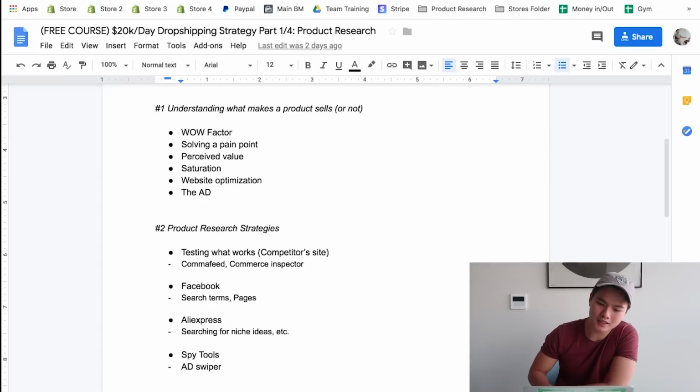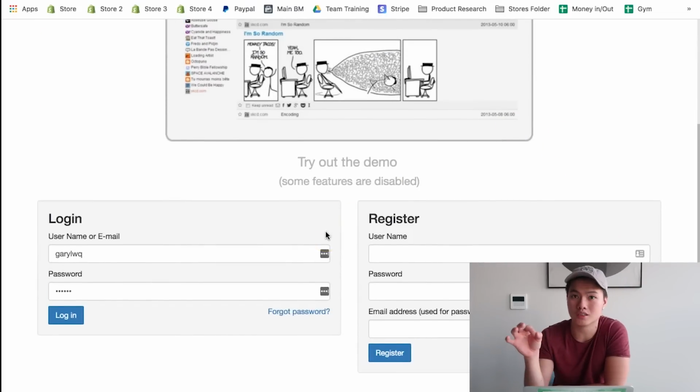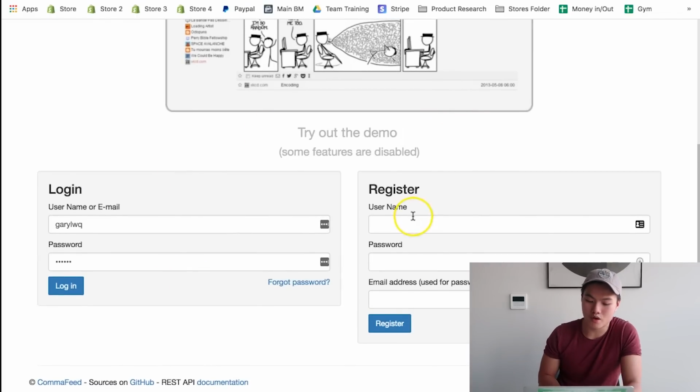And then next, I'm gonna be showing you guys this tool called CommerceFeed. Basically, CommerceFeed is a really awesome tool where you can go in and save all your competitors' sites. I'm gonna show you how to use it. Firstly, just go on commercefeed.com, and then you can register here. It's really easy. It takes like 1 or 2 minutes. And then when you log in, what you notice is